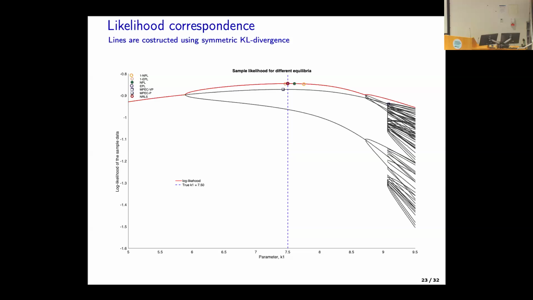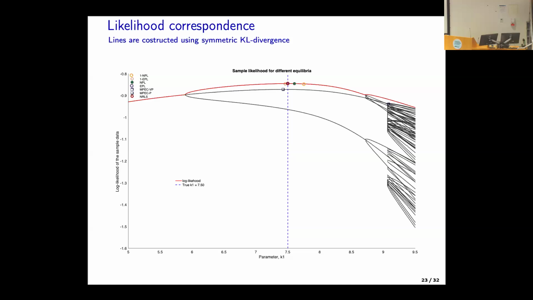Gradients are equal to 0, and it's on the likelihood function, so it means all those constraints are actually satisfied. So Bellman equations hold, and the players are playing mutual best responses, just selecting a wrong equilibrium. Each of these lines corresponds to a different equilibrium. Here's another MPEC. It's out there in the woods. And this is just for one sample. Of course, this picture changes every time you simulate a new data set.